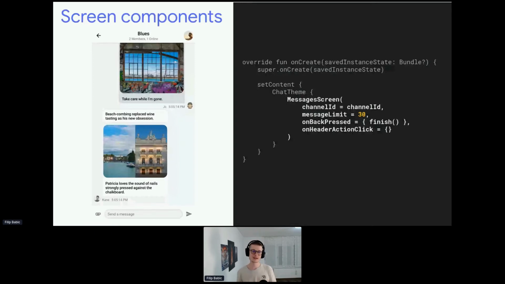So essentially, this messages screen component is very complex. It builds the entire experience for you, so you can see what it looks like without having to do a lot of setup work. As I mentioned, this is really good if you have very simple use cases where you want to keep the default experience or behavior, so to say, but you can still customize these components through our theming options, which I'll get around to a bit later.